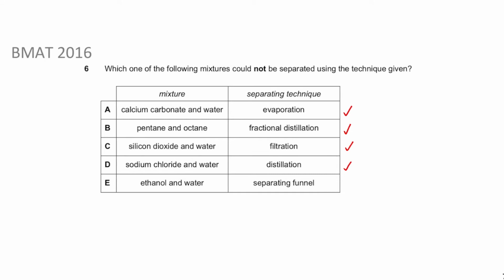So that obviously leaves us with the last answer, ethanol and water via separating funnel. This one is not possible. Therefore, which one could not be separated? This is going to be the correct answer. And the reason for this, guys, is because